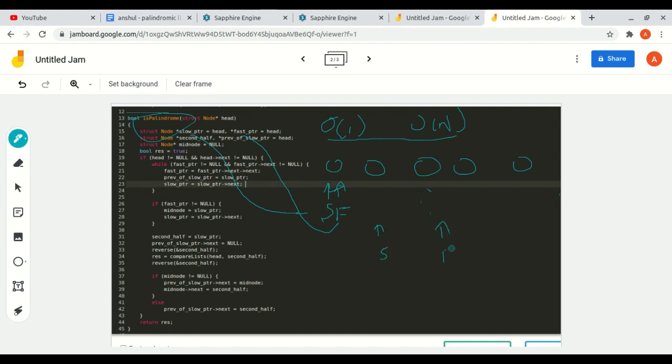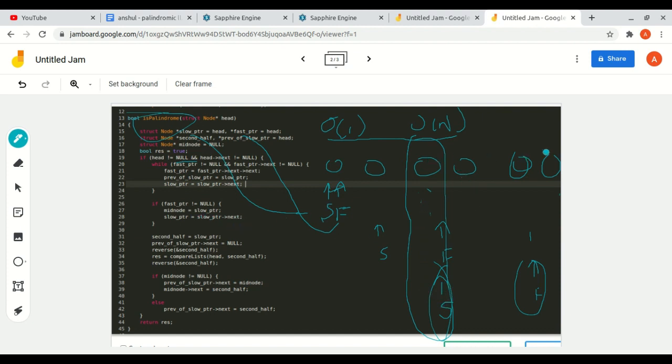This is S and this is F, and at the next position F will make two jumps, this is F, and S will make one jump, this is F. So I will highlight the final position. We have made a condition that if the fast pointer points to the last node or the null, we will break. So the fast pointer points to the last node, so we will break, and our S points to the mid element. So we got our mid element. Okay, so our mid element is there in a variable named slow pointer.